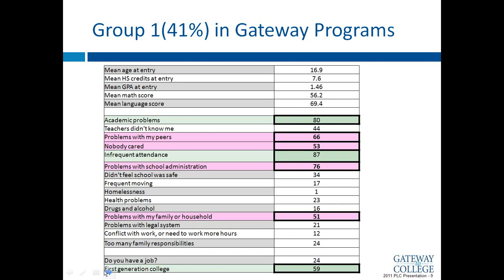You'll also notice the average age for these students is 16.9, so they're on the younger side for these groups. And they're coming in at just under the average GPA of Gateway students at 1.46. And I would ask the participants to be thinking about, as you hear this information, I'm sure that it's easy to think of representative examples of students who might, quote unquote, fit the bill with some of these examples.